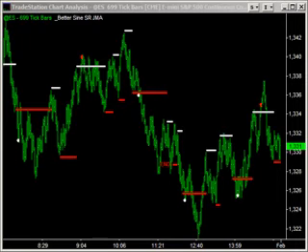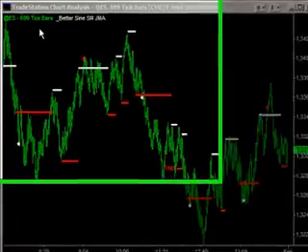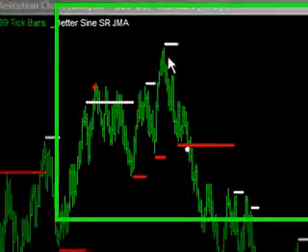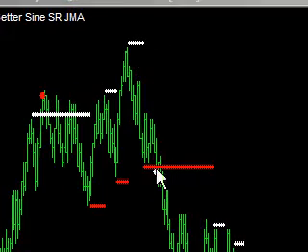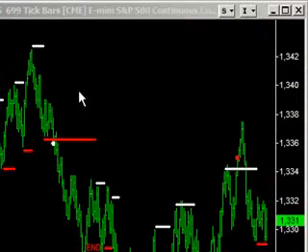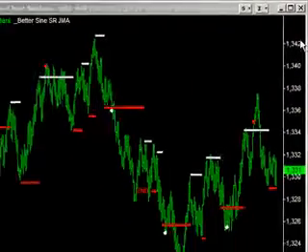Okay, I want to go back to the E-mini and look at a 699 tick bar chart just to show some day trading tips and tricks, if you like, here. And just wanted to show this move here where we had a strong down move, and this is a correctional move with quite a lot of cyclical activity happening there, with these highs and lows being picked off quite nicely by the sine wave indicator, and then we break into a trend move going down. Just trying to suggest a way of being able to enter that market at 1340, and